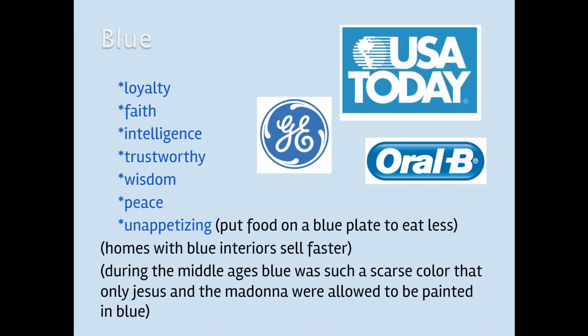Similar to that dependability, blue is a loyal color. I hate to stereotype, but gentlemen, if you are going on a date with a young lady and you want to keep her around, you might want to think about wearing blue to your first couple of dates. Why? Because psychologically that's going to project loyalty and dependability. Girls tend to be attracted to that, not all obviously, but